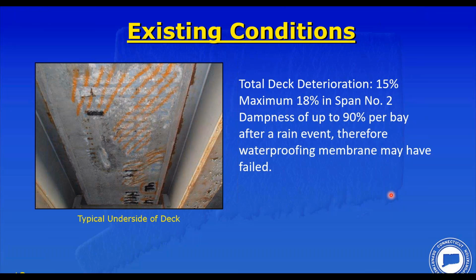So what was the need for the project? And the need really boiled down to the deck was in poor condition. 15% had significant deterioration. One span 2 had 18% deterioration, and we're talking significant deterioration, not just a few bad spots. Dampness up to 90% of the bays were damp, meaning there was moisture getting into 90% of the bridge deck